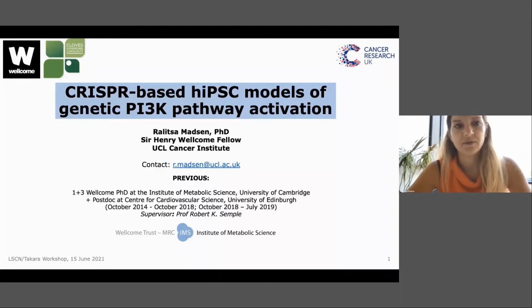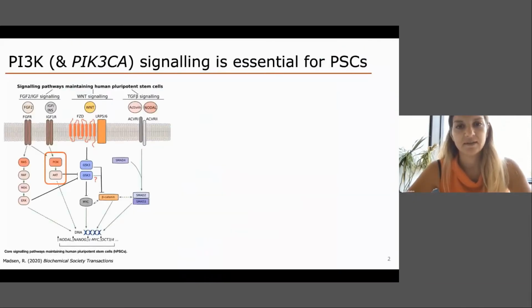And in the spirit of this workshop, most of my slides will be about the gene editing process and tips and tricks, but I will spend a few minutes at the start just giving you a bit of a flavor of the type of work that I'm doing and why I chose iPSCs as the relevant model system for my work. So I'm a PI3 kinase signaling person, and you may be aware that the PI3 kinase signaling pathway is